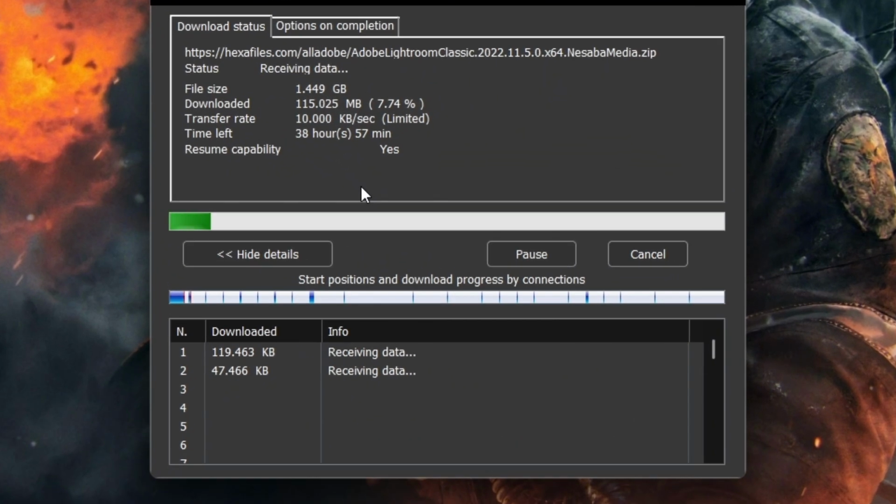And that's it. Those are 5 simple settings that can help you get the best performance out of Internet Download